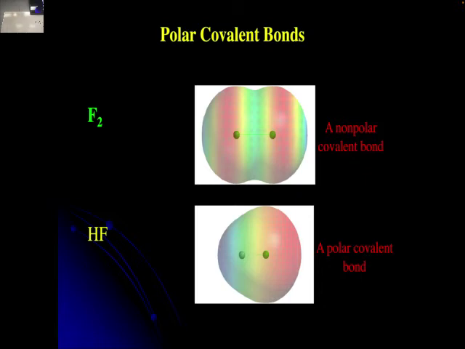It's pulling more electrons to itself. That's why the sphere is a little bigger around fluorine. Notice the hydrogen, the sphere is less, and it's more blue, right? So I would say that the hydrogen has some positive character to it. It's got a little bit of a positive charge on it. And I would say that the fluorine has a little bit of a negative charge on it, okay? That is a polar covalent bond,